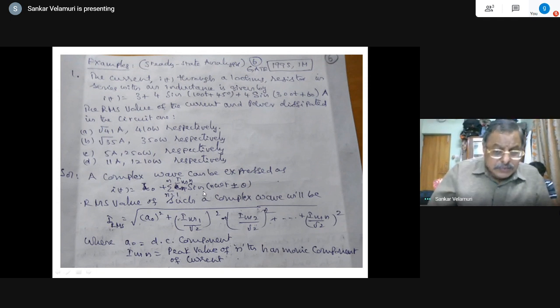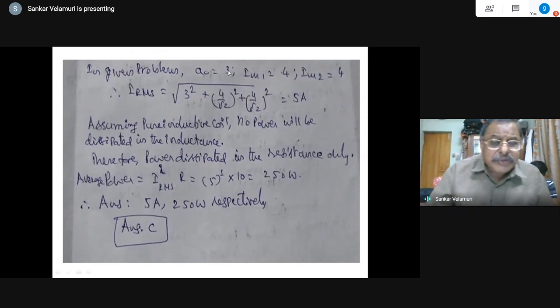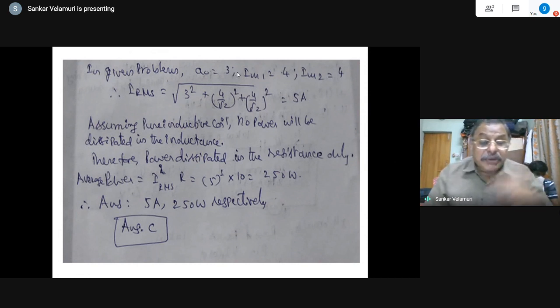Now the explanation to this: the first component, I naught, is the DC component. Zero frequency component is also called DC component. Later we are going to see, at a later stage in AC transients, how DC offset currents will be there. Even in machines you will study DC offset currents. Anyway, those things from the circuit point of view, now we are going to see.